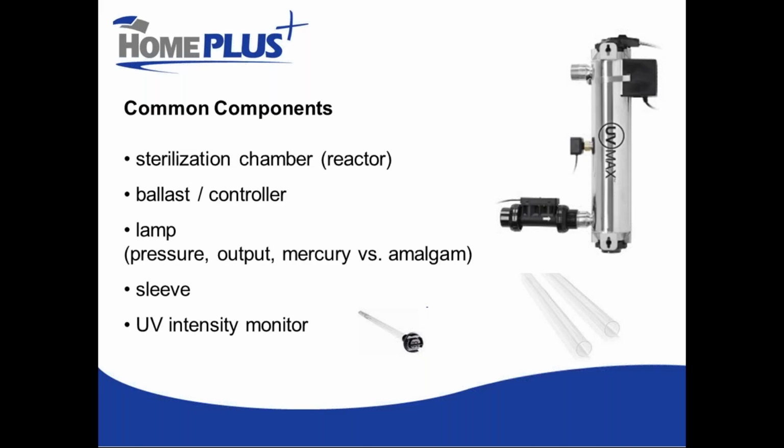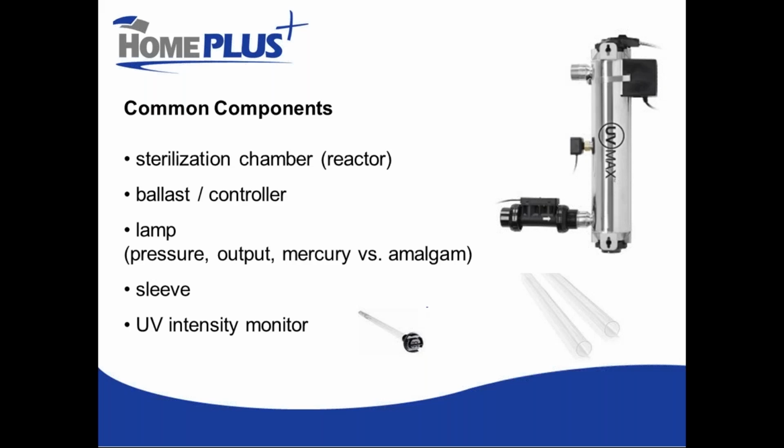On the side of the UV chamber, most of the time you're going to find a UV intensity monitor. So on the left-hand side, about halfway up this chamber, you see a little black device. That is the intensity monitor. So it has a little window with a photovoltaic cell that is excited by UV light. When it's excited by UV light, it creates electricity. That electricity can be measured by the controller to know the intensity of the UV light that's reaching the outermost part of that UV